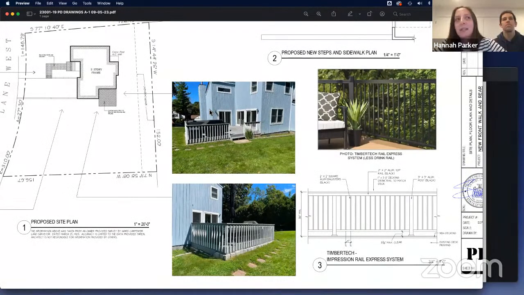Oh, it's the composite PVC material from TimberTech. The railing is what material? The railing is going to be aluminum with the same topper that's used for the deck material. Okay, TimberTech.